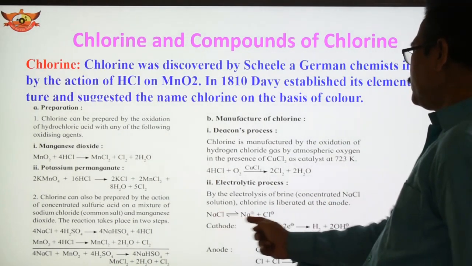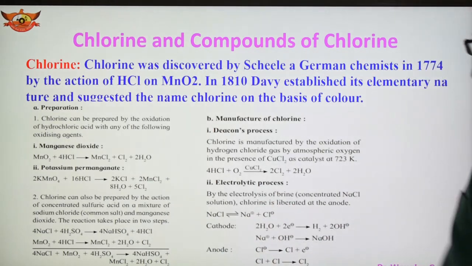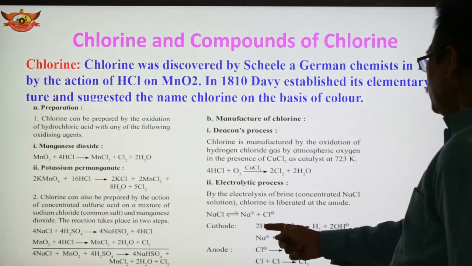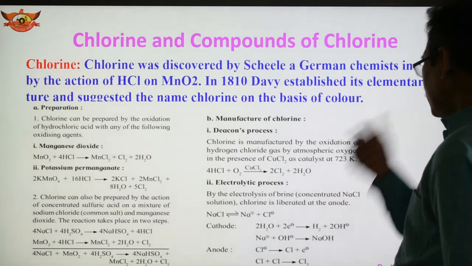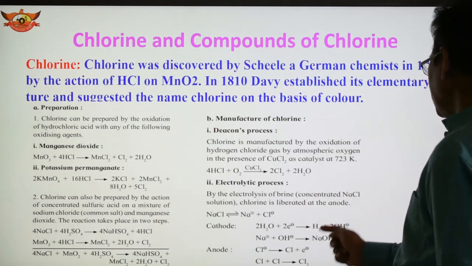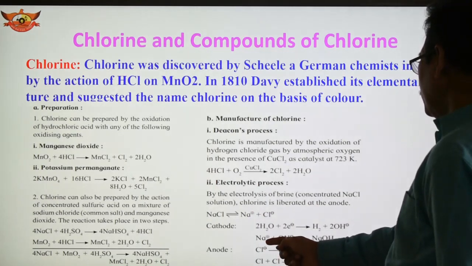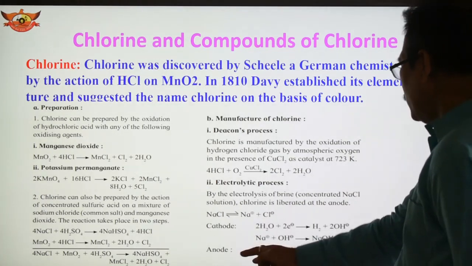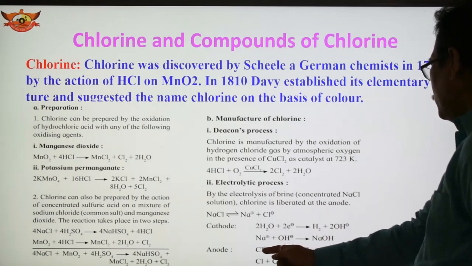NaCl dissociates, forming Na+ ion and Cl- ion, and there are two electrodes, cathode and anode. The cathode has a negative charge, the anode has a positive charge. At the cathode, water takes 2 electrons, forming hydrogen gas and 2 OH-, and the Na+ ion of sodium chloride reacts with the OH- ion forming NaOH. So this is obtained at the cathode, whereas the Cl- ion, the chloride ion, loses an electron